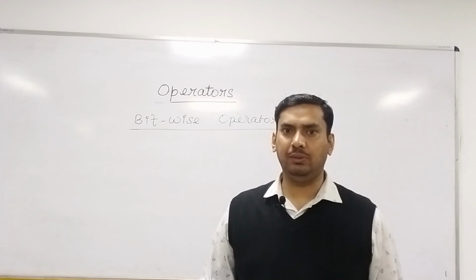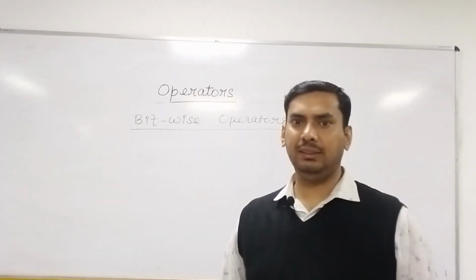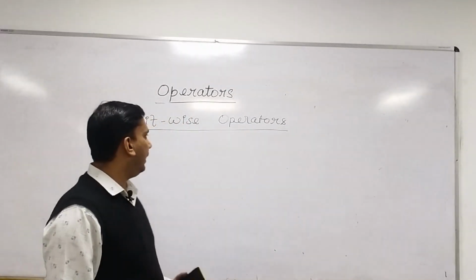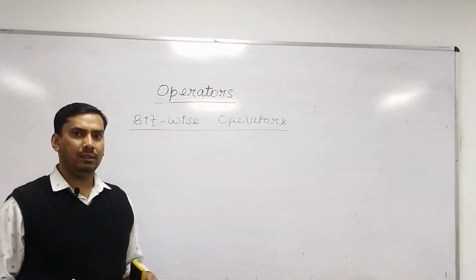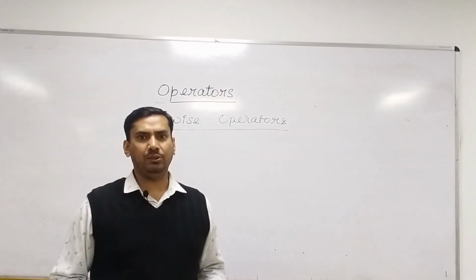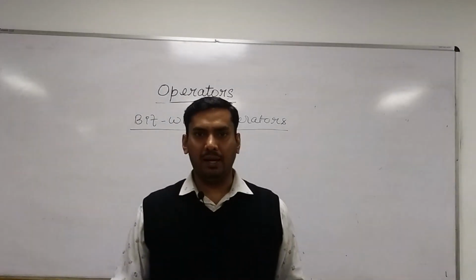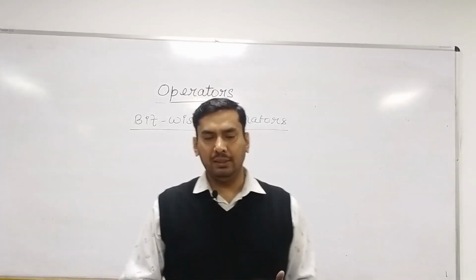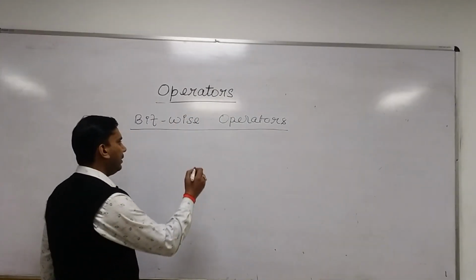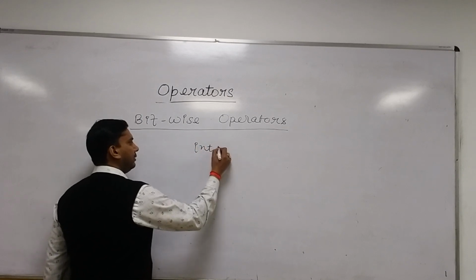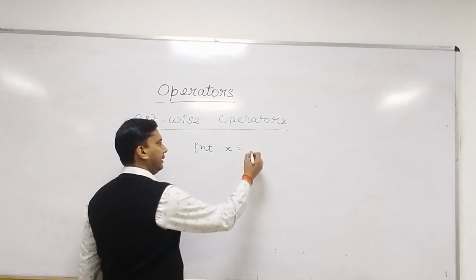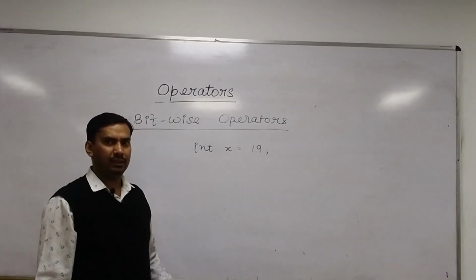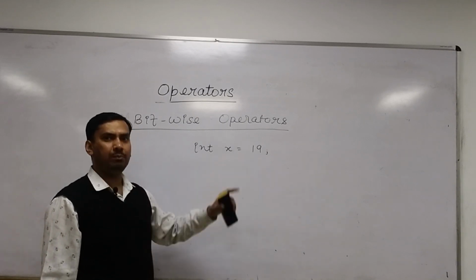So hello everybody, we are going to talk about the bitwise operators in this video. So let us talk about these bitwise operators. I told you that bitwise operators are mostly binary operators, but the bitwise NOT operator is a unary operator. And these bitwise operators work on the bits of any number, right? So let us take an example. Let's say I am talking about a value x, let's say it is 19. So this x is 19 and I want to perform some bitwise operations.